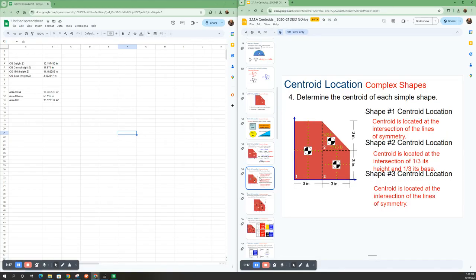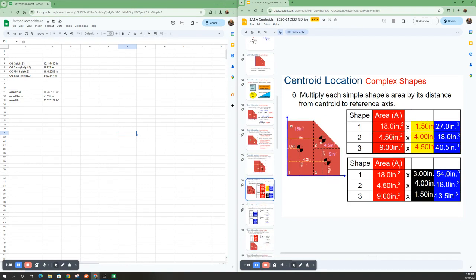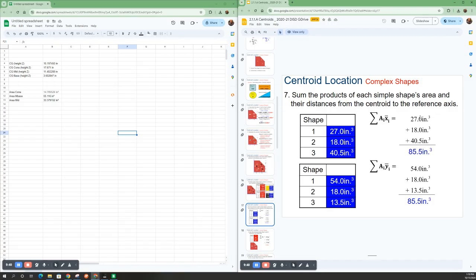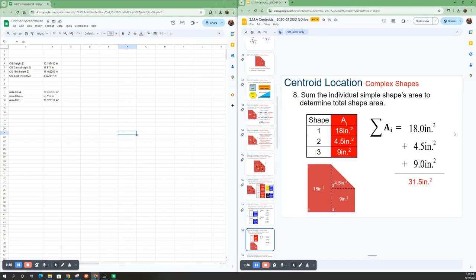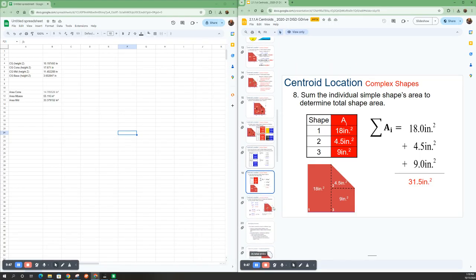And then what we'll do is make a table of those. So we're taking the area and multiplying it by the distance from the bottom, and we get numbers there. So we do that. And then here, what we'll do is we'll sum all the areas up. And then here, finally, for the centroid, we'll take the